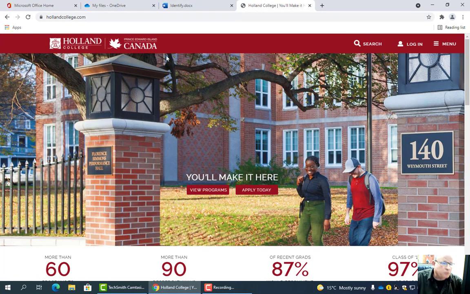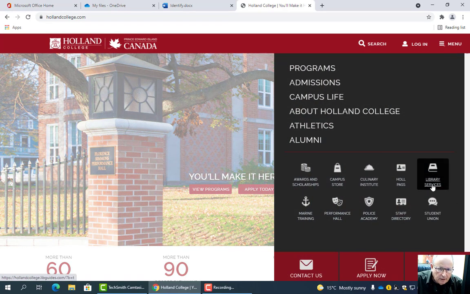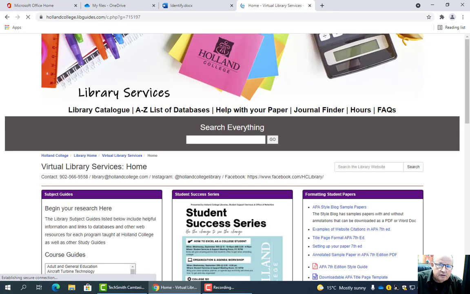The first thing to do is get to the main Holland College website. Then on the menu, click on Library Services, and we'll be using this search box right here. You can also Google Holland College Library to get to this page. So let's have a look at some of our